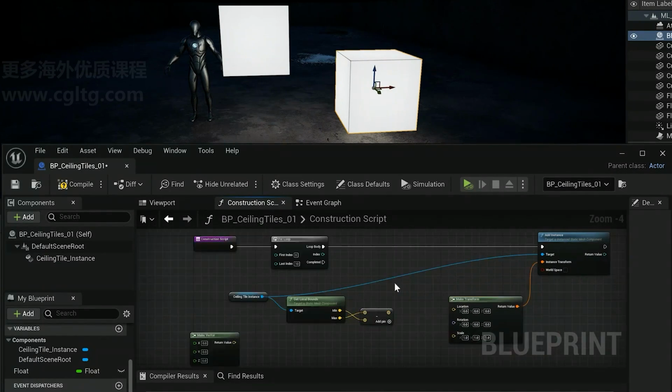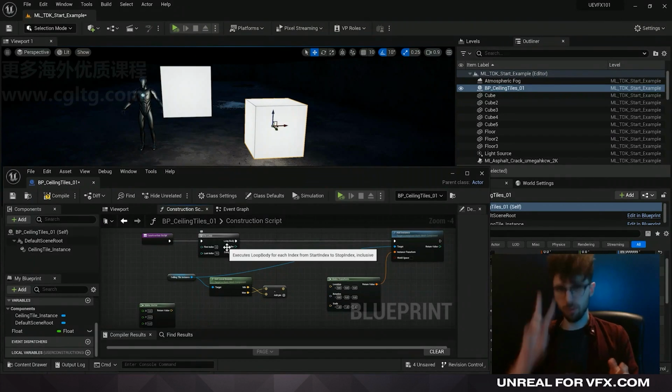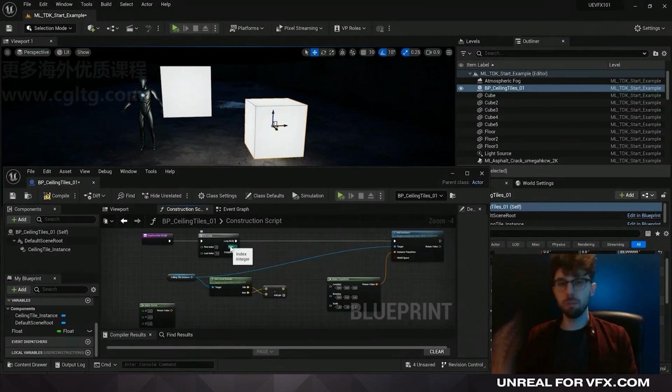So now we have the cube length, and now every time we run a for loop, we want to place another cube exactly where that last cube left off. And so each loop we want to add another cube, and another cube. So during a for loop, one piece of data that we get out of that loop is what index we are currently on. So we run it for the first time, we get 1. We run it for the second time, we get 2. We run it for the third time, we get 3. So we can do that and multiply that